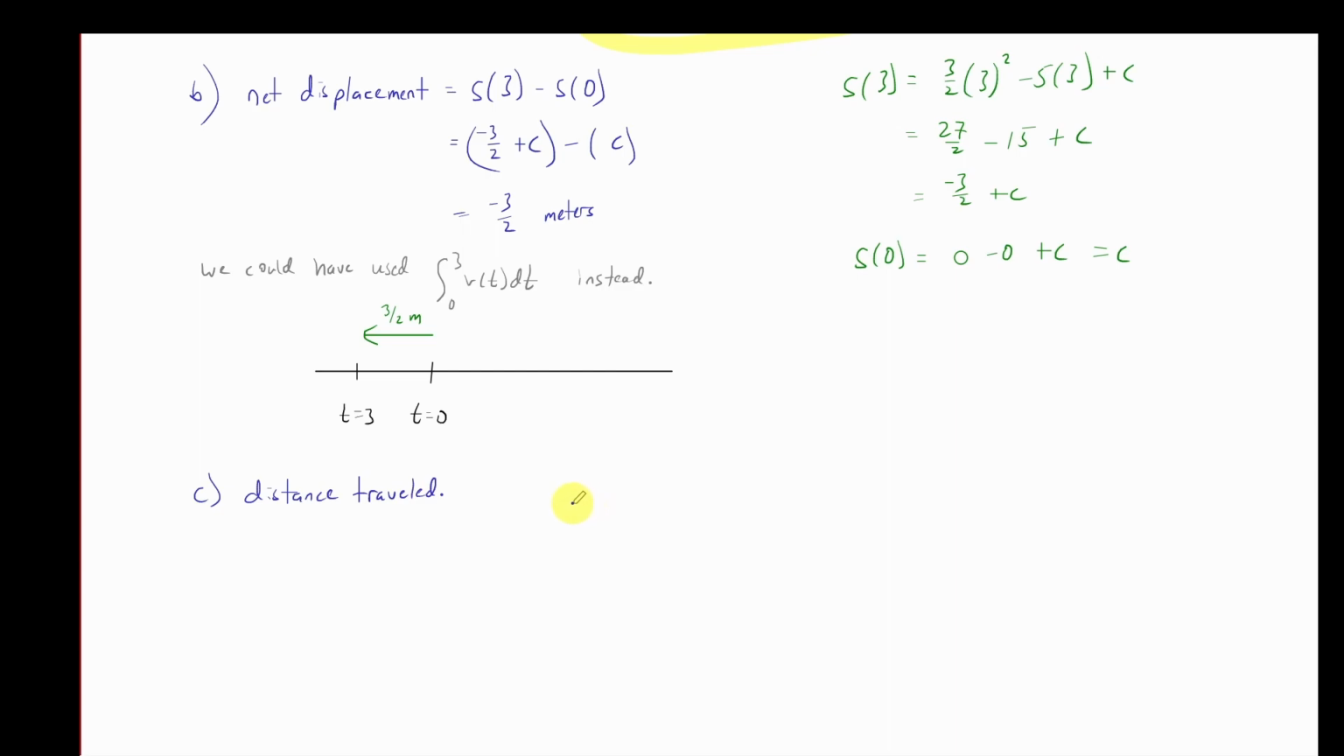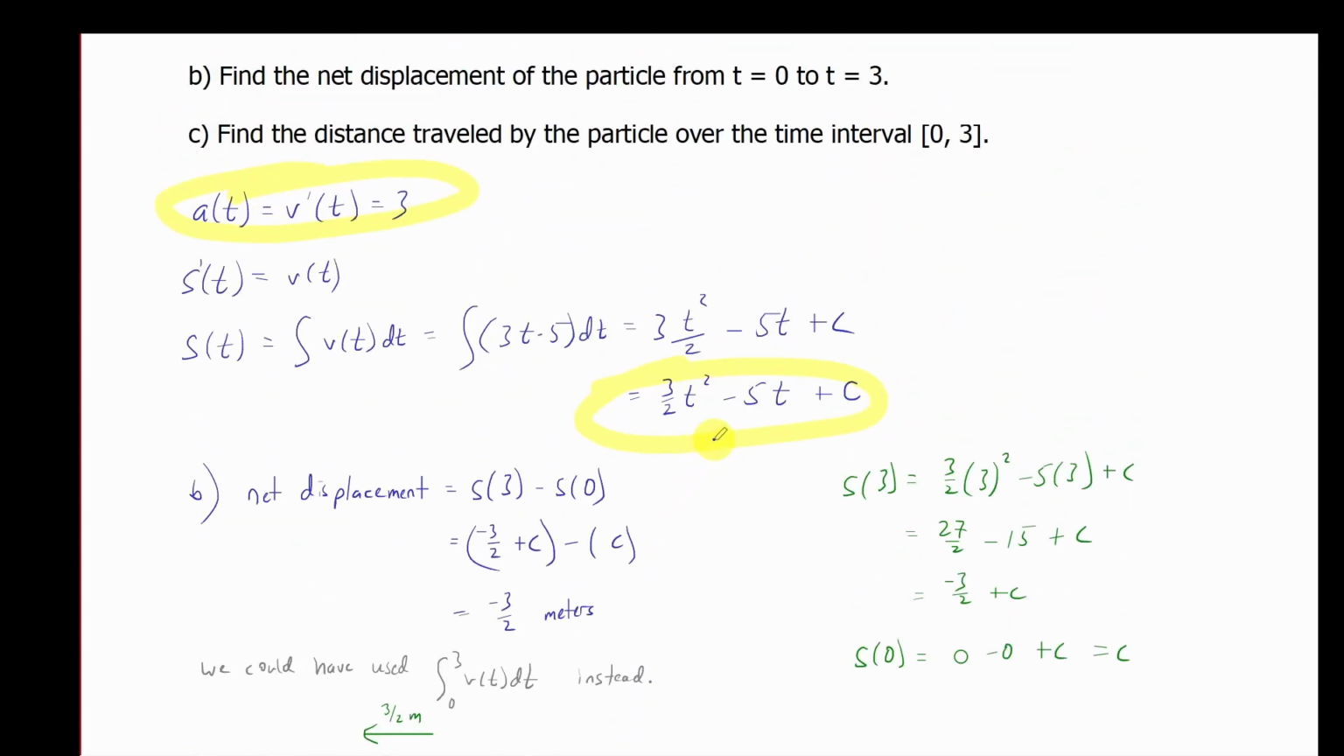Distance traveled is a little bit more tricky because if the particle is moving in more than one direction, we want to add those up separately because in displacement, they get canceled out. So what we need to do is figure out which way the particle is going. We're going to start by solving for when the velocity is 0. Okay. So our formula for velocity